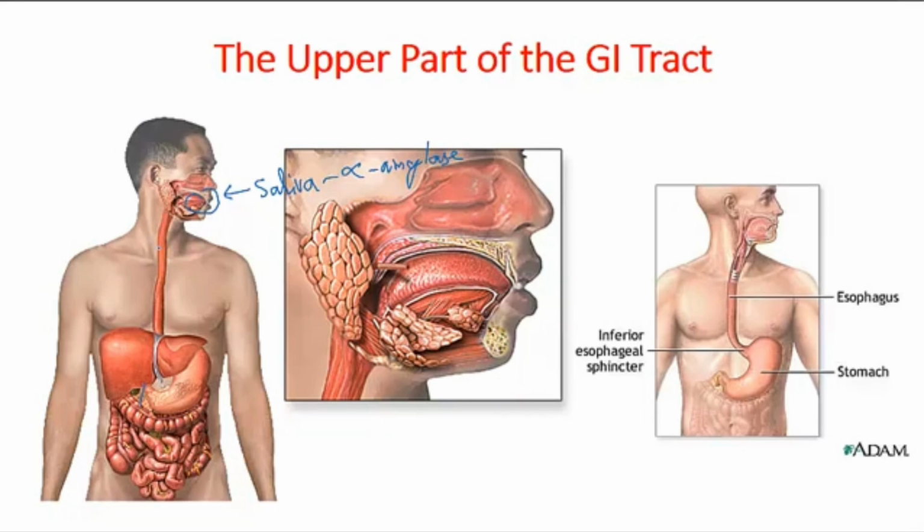Stratified squamous epithelial cells, actually squamous epithelial mucosa, because all this esophagus lining is covered with mucus to prevent damage by the acid reflux. The partially digested bolus, because it's mixed with amylase. This partially digested bolus of food is then moved from the mouth to the esophagus. The esophagus is the connective tube between the mouth